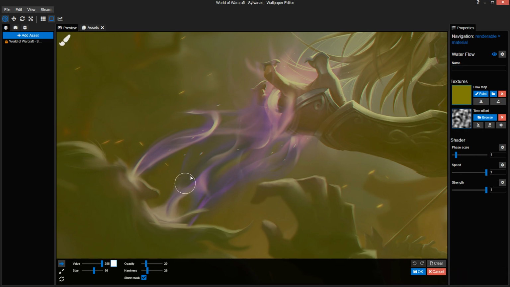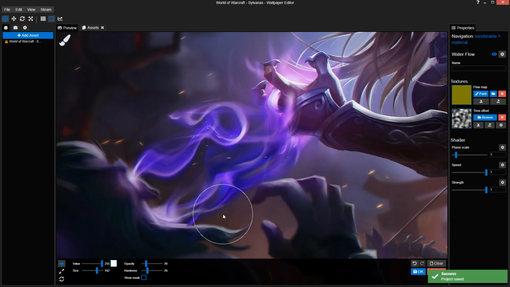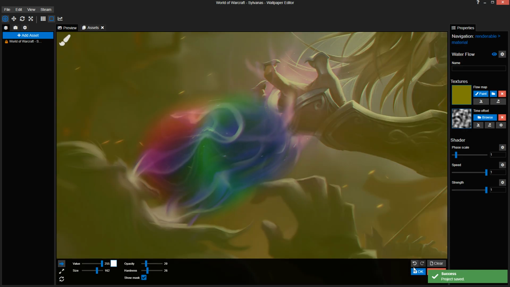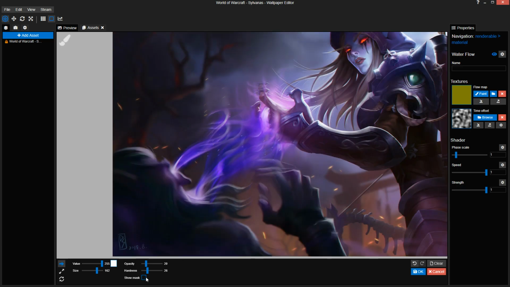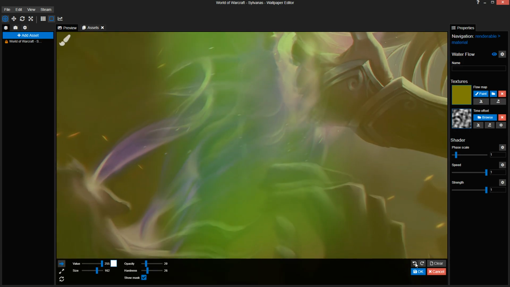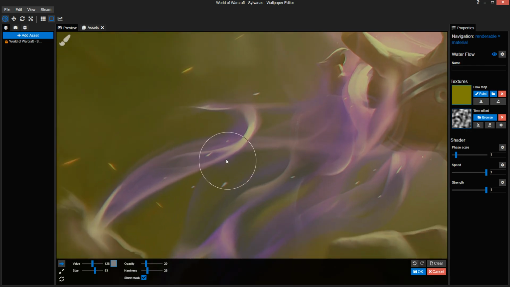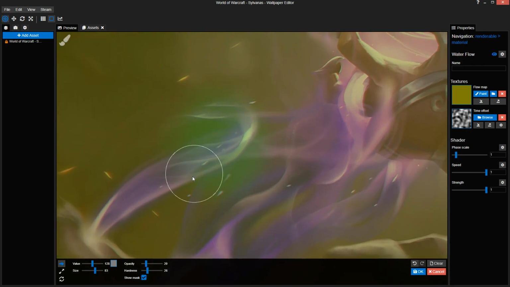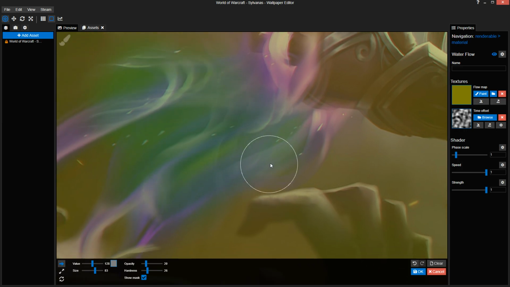And I'm just going to grab the highest value possible, and then I'm just going to create this. Right, so it's possible to create these types of effects, but this is way too strong, way too much in all different types of directions, so you don't want to do this. Usually you want this for water, like water that's flowing in a river in one direction. This is way too strong, so we're going to tone it down. Let's see what we can make work. Usually I just grab a waves or a shake to make this work, but I'm going to try to learn something new as well as teach some other people something.